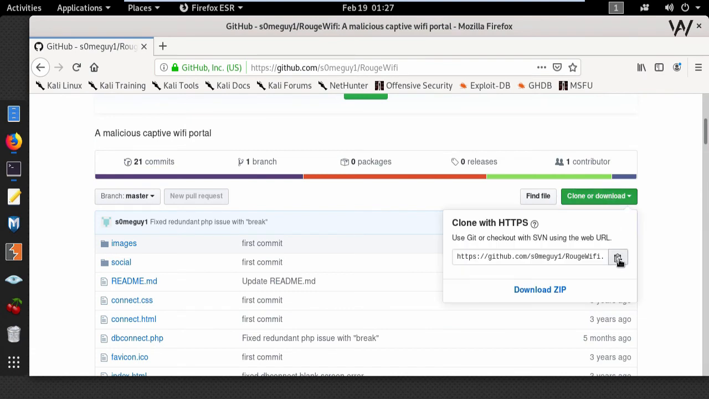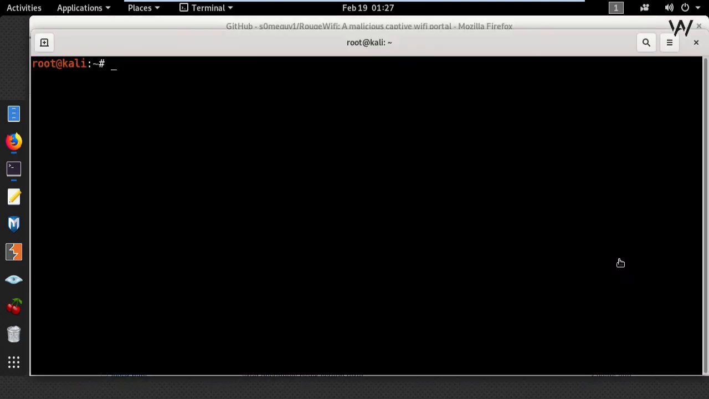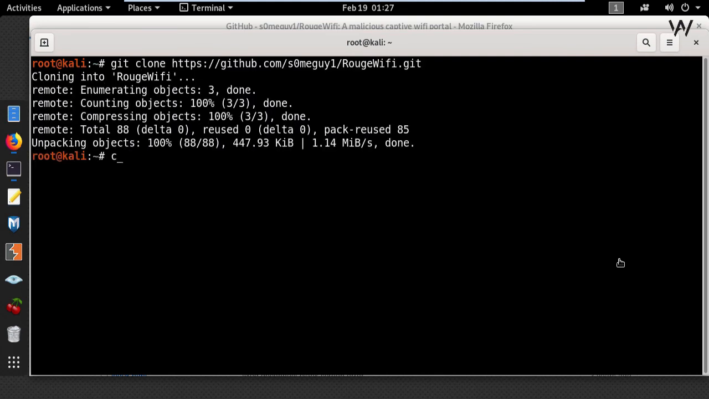And copy the GitHub link, go to the terminal, type git clone and paste the URL. Once done with that, change directory to the script folder. And now you will need to copy all the files from this directory to the Apache web server location by typing cp -r and putting the star wildcard. This star represents all files. And then type the location, which is